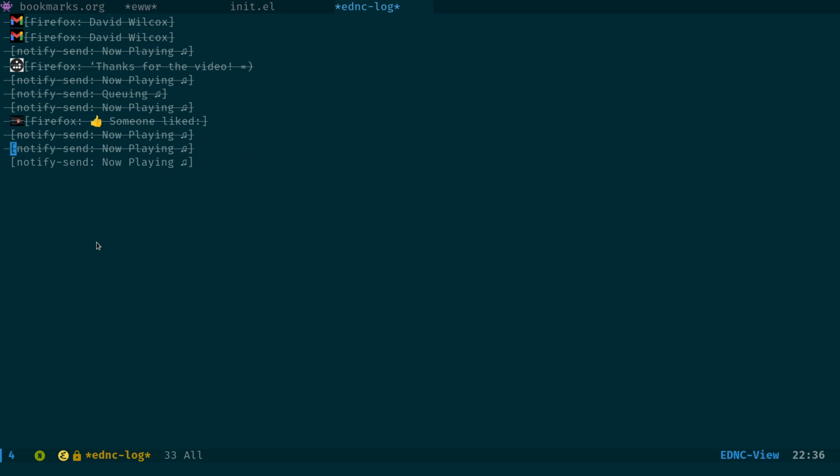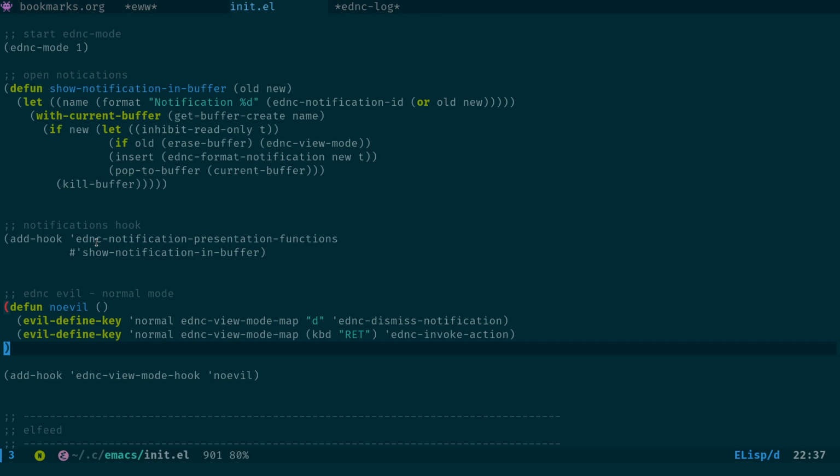So that's why I use notifications with that pinch script, because we can't actually see the URL in the MPD client. That way I can have notifications here and actually come up into the EDNC log and see a list of all the notifications. So that was just a bit of a sidetrack, but it was kind of related because I